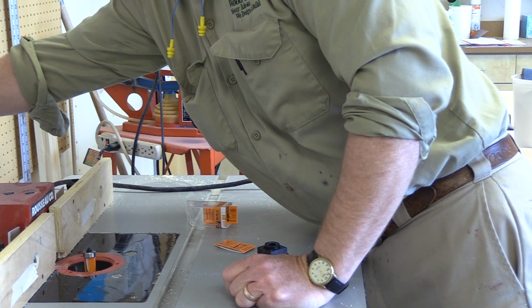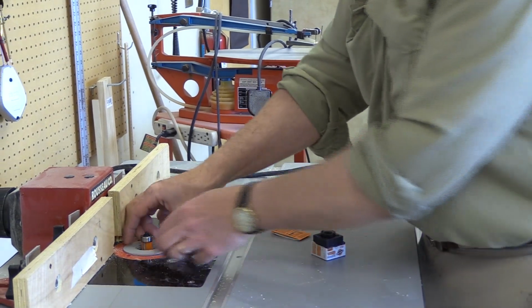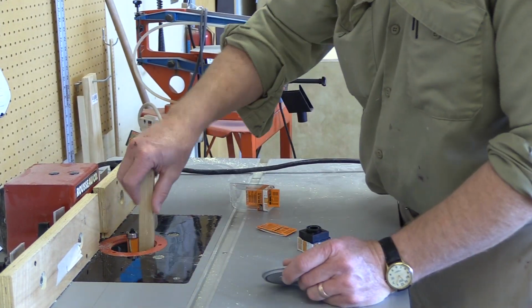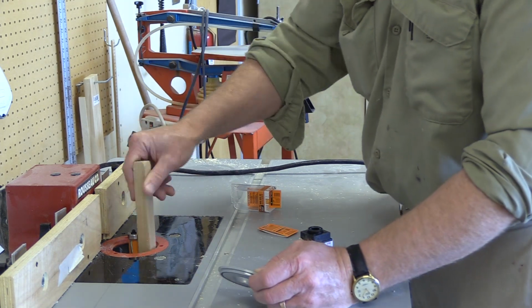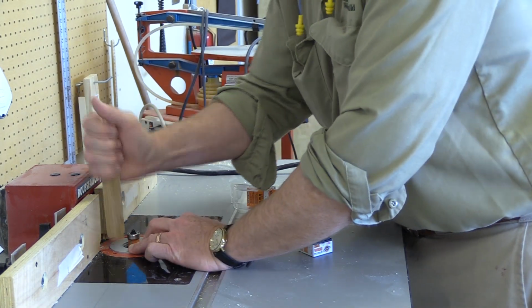Okay, I'll look at using this little insert again. That can easily fit over there, and it's nice to have that little extra protection. What will happen is, say you have a little scrawny piece of material you're running through. If you have this big insert, it can fit right inside there. Now you put this here, and it can suck you in and do all sorts of stuff. It can whack your hand. So by putting this insert in,